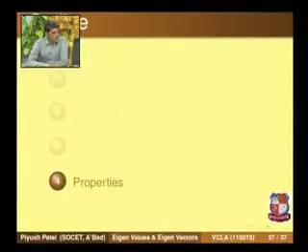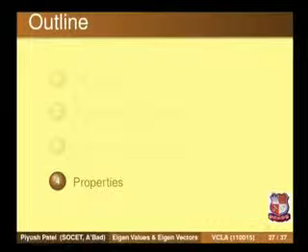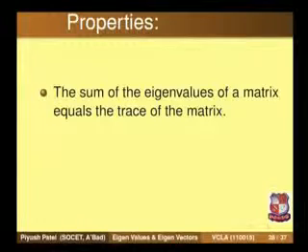So here we have defined this, and now let us discuss several properties of the eigenvalues and eigenvectors which are important, and later on these properties will be helpful in solving several problems and examples. So these properties are very important. So let us one by one list down the properties and try to understand them. So the first property of the eigenvalue says that the sum of the eigenvalues of a matrix is equal to the trace of the matrix.